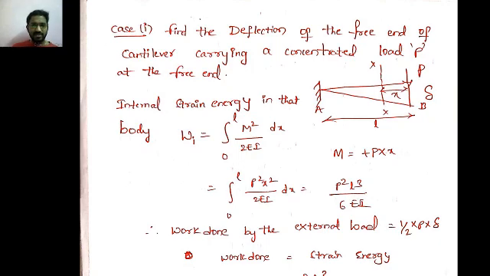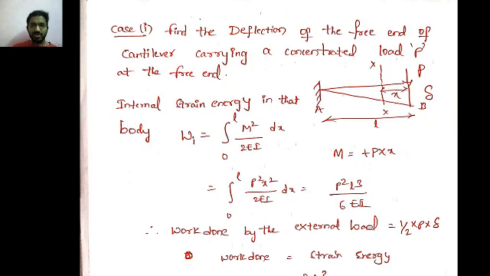What does M stand for here? Moment of the beam. E stands for Young's modulus, everybody knows. I stands for moment of inertia. This is the internal strain energy. Now substitute the moment. Before calculating that moment, I am considering a section at distance x. At this point x, what is the moment? Load into perpendicular distance. What is the load here? P. And what is the perpendicular distance? x. So P into x.